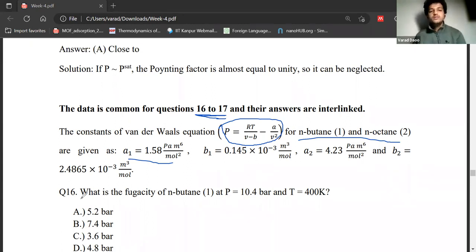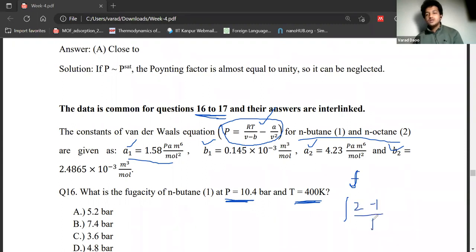Okay, what we are asked is what is the fugacity of n-butane at these conditions of pressure and these conditions of temperature. Fairly straightforward question. So the pressure equation of state has been given, with the van der Waals constants, and what we are asked to do is to find the fugacity. Right? Remember how we calculate fugacity. Yeah, there is one expression, z minus 1 by p